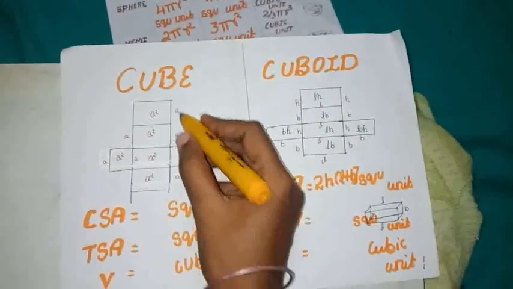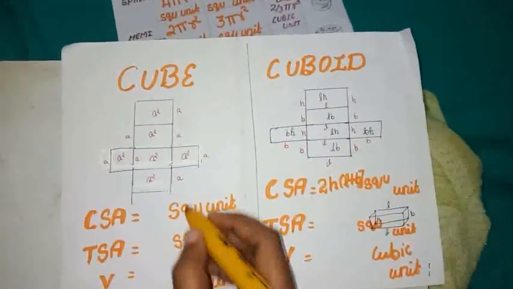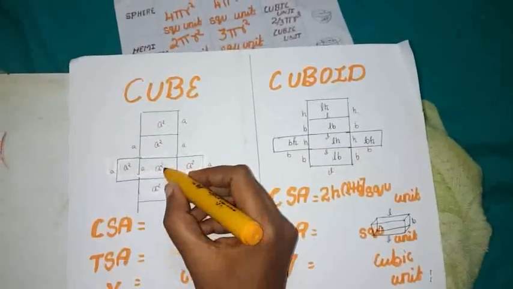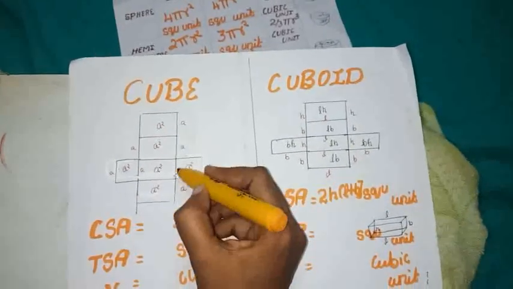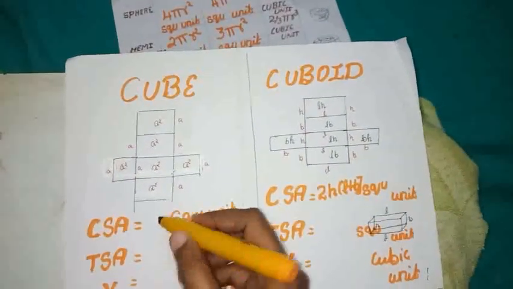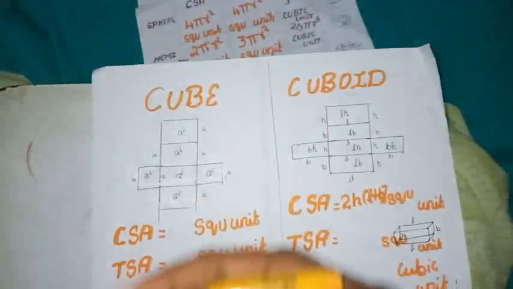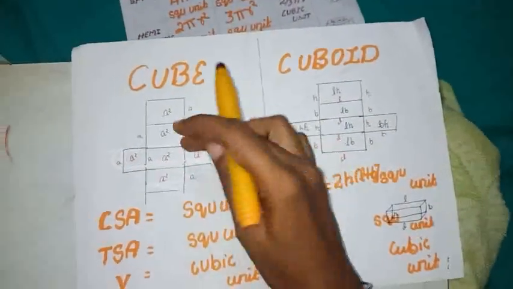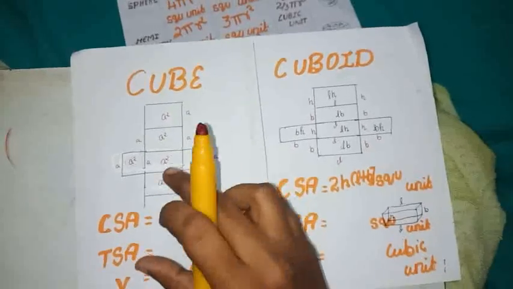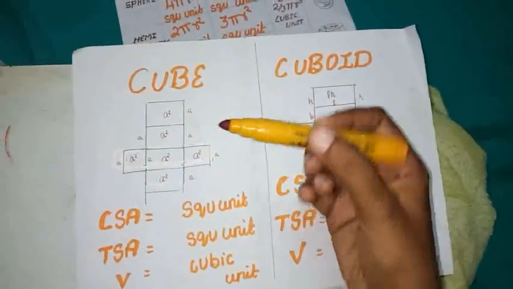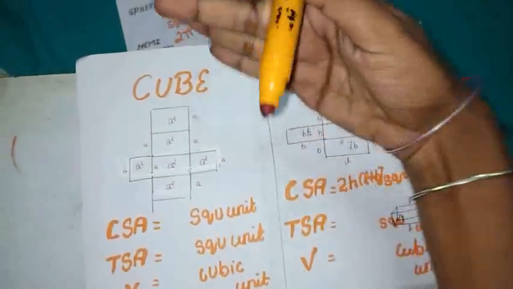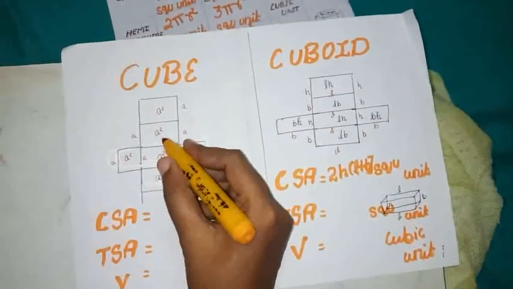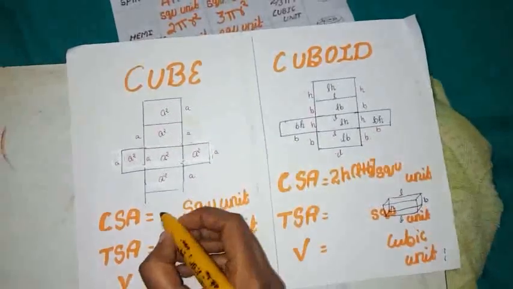A means A. This everything is A. So area of square formula is A square. Here A square, here A square. So totally A square only. Curved surface area means this outer part alone we are going to see, not top and not bottom. So outer part means fold it. If you fold this one, you will get this: 1, 2, 3, 4. So 1 A square, 2 A square, 3 A square, 4 A square.